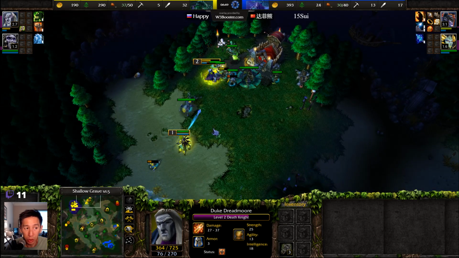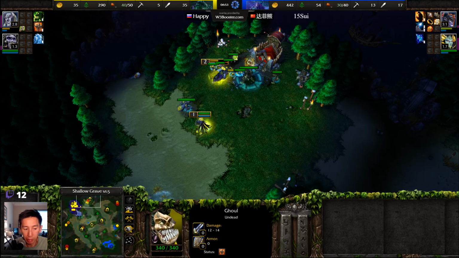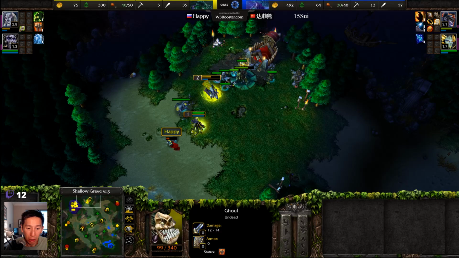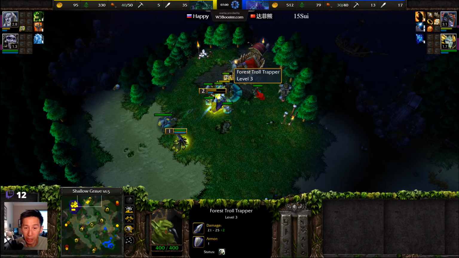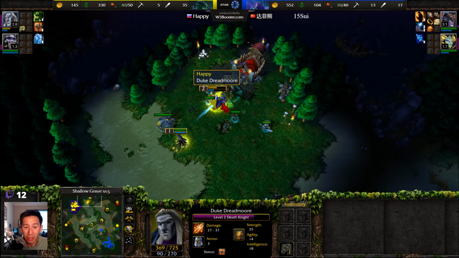Death Knight off to the north here. Lich now out on the battlefield as well, clearing out difficult creep camps as the tech to tier 3 is about two-thirds of the way done. Low hit point Ghoul able to escape away from the axes of that Forest Troll Warlord, as